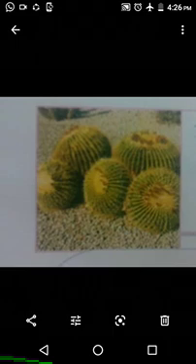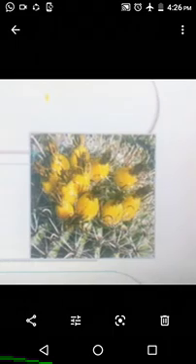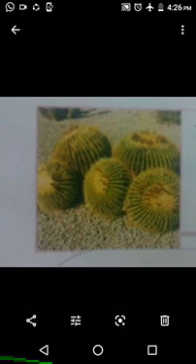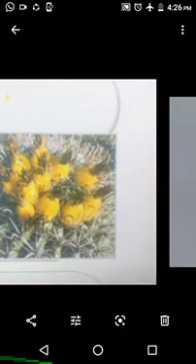This is barrel cactus. It is a cactus which expands during rain and stores water in its spongy tissues or plates. It shrinks during the dry season. So the quality of this cactus is that when there is rain in the desert, it expands and stores the water, and when it is dry season, it shrinks. So this is called a barrel cactus.